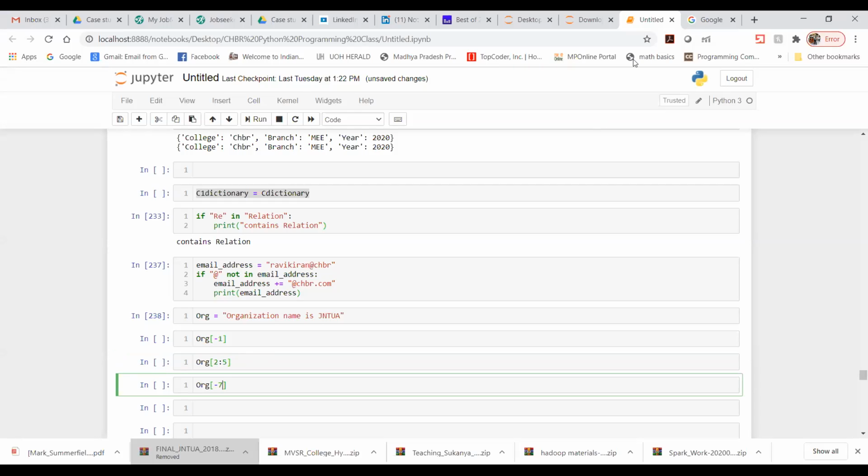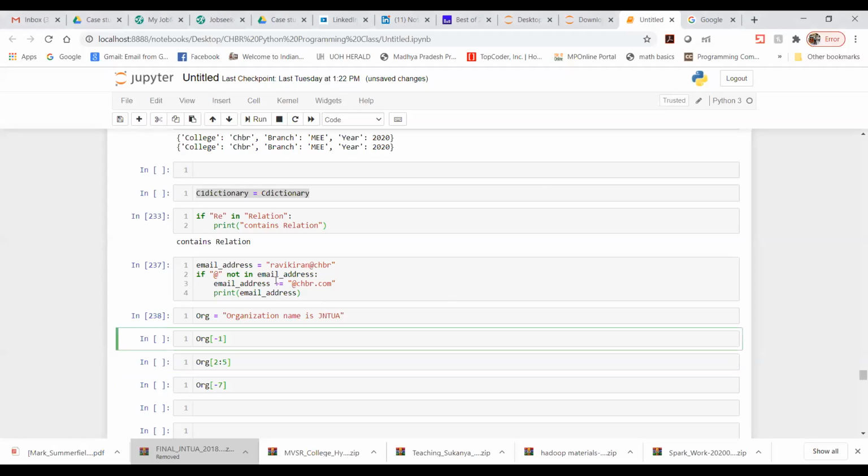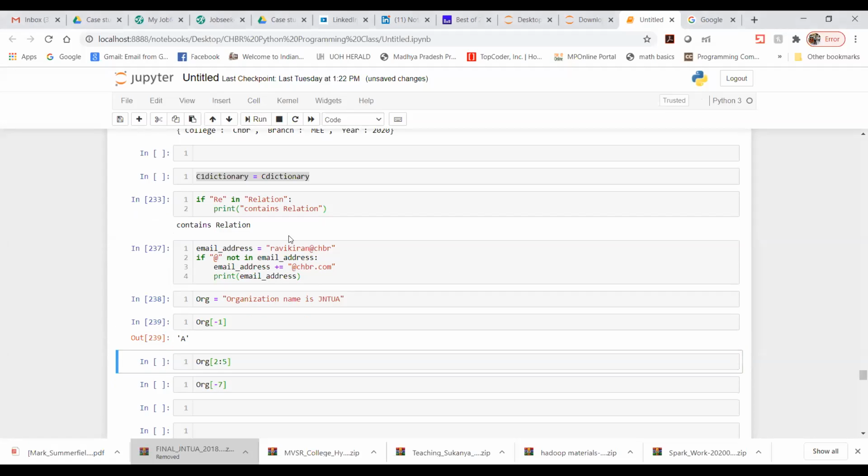Yeah, people are pinging. Okay, so the first one is saying JNTUA. Two people have said A, one person has said A, and the rest of the people have said JNTUA. So let me run and see whether we are getting the same or not. We are getting the correct output, as in A. So there is one guy or girl, I don't remember the name, but roll number 549, your understanding is absolutely correct.